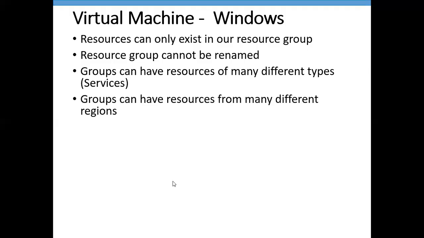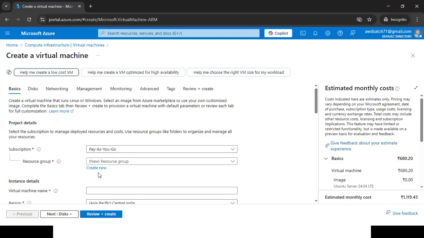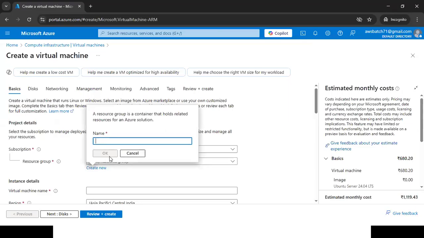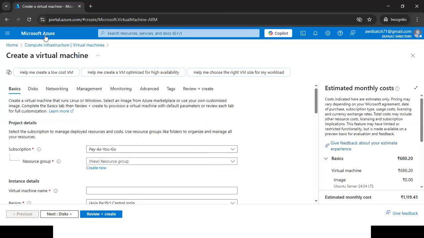That our resource group is from another data center, another region, and our virtual machine or any other service is from another region. It is possible, but not recommended. Now, how can we create a resource group? One option is I can directly click on create new, give the name, and click on OK. This is one option. Second option is